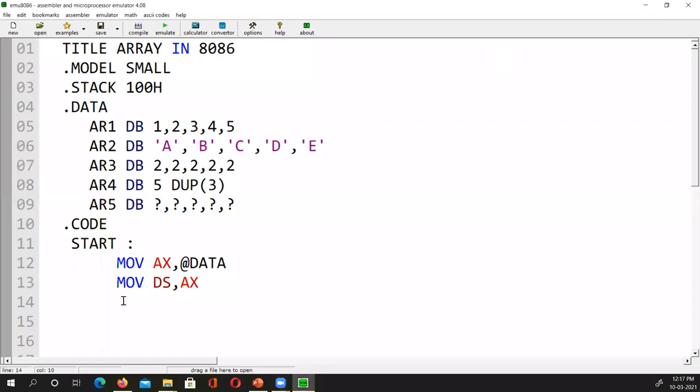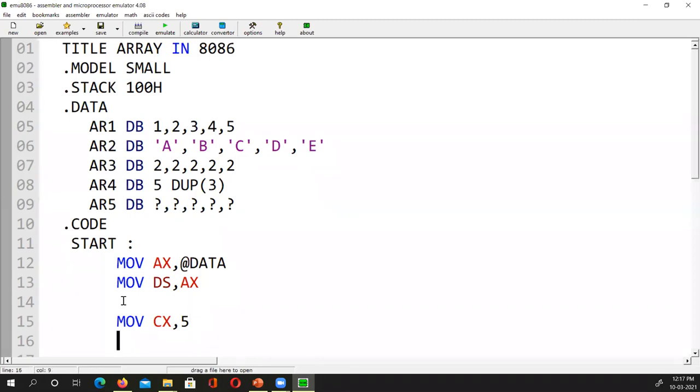After that, what should I do? If I want to read the data from the array, I need to run a loop. For that I will have a CX register with 5, how many times I have to loop.